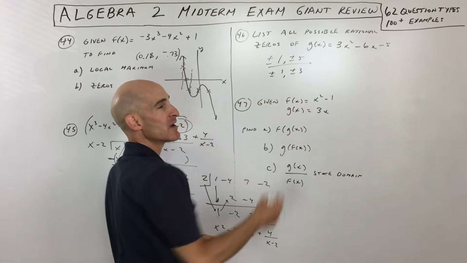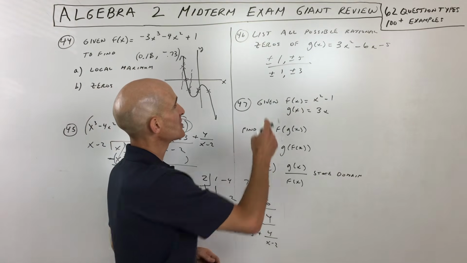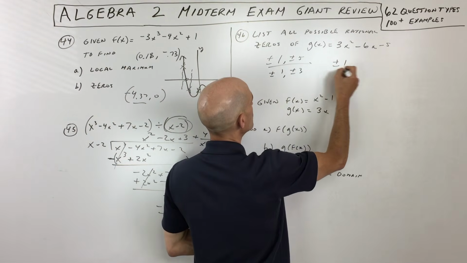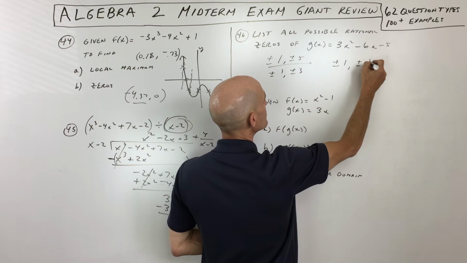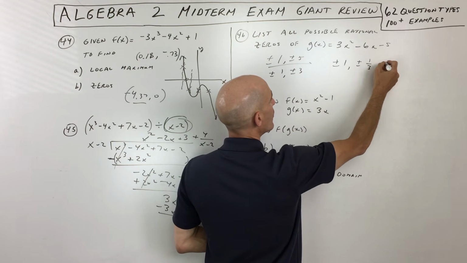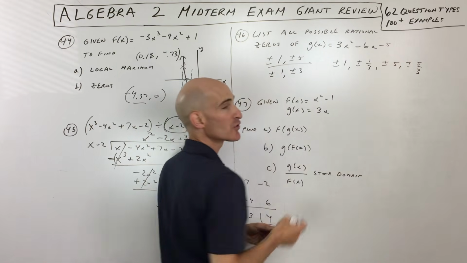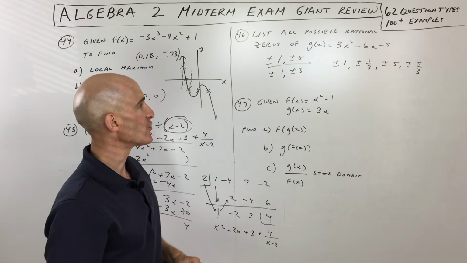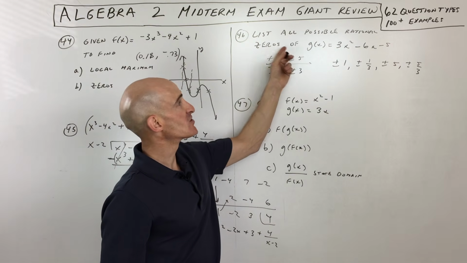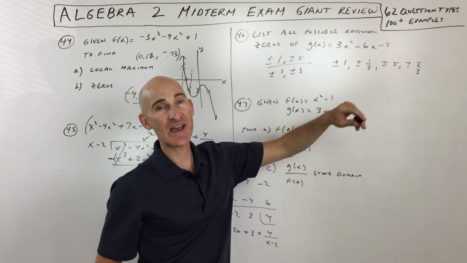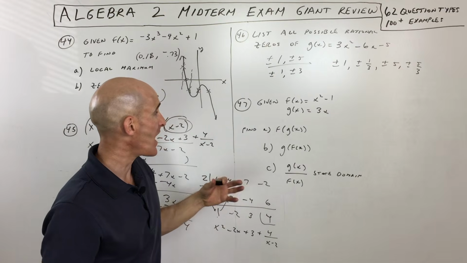So it can be any combination of the numerator divided by the denominator. So we could say 1 over 1, which would be plus or minus 1, 1 over 3, that's plus or minus 1/3, 5 over 1, which is plus or minus 5, or plus or minus 5/3. And you can put those in order from lowest to highest, but those are the possible rational zeros. What that means is that's where it crosses the x-axis, this graph, if you were to graph it. Those are the possible ones.